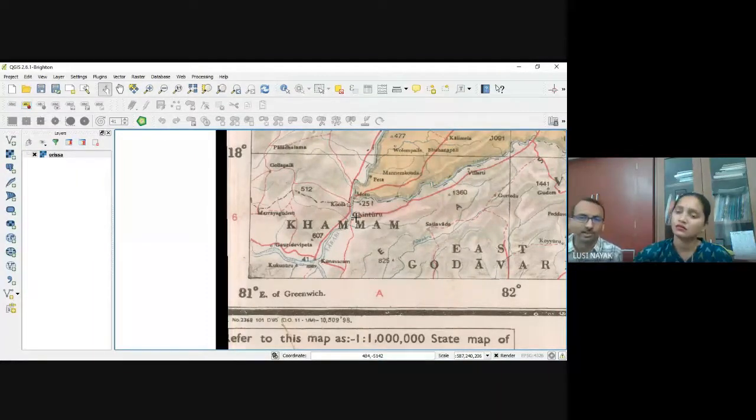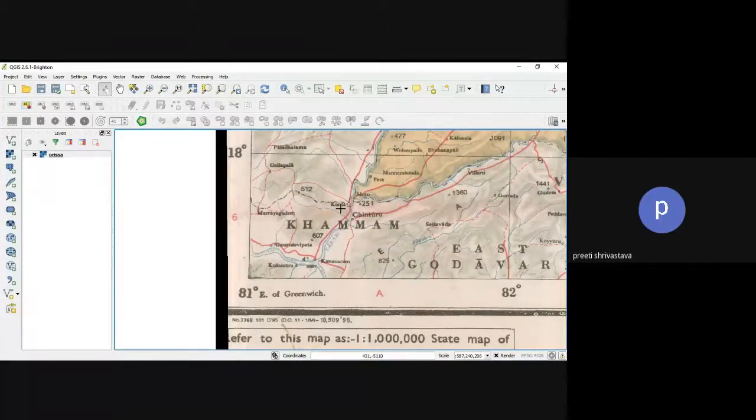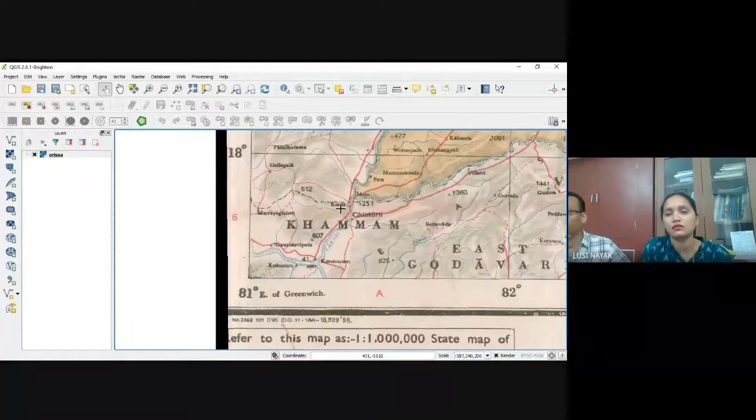And as he has put the cursor, you see the location of the cursor. Sir, we are still not able to upload the image itself. You will have to calculate the longitude. But find some such location for which the latitude longitude is clearly visible. Like this is the latitude, this is the longitude, and the intersection point is this. So for this point, you know both the latitude and longitude. The longitude is 82 degree and the latitude is 18 degree. So once it is georeferenced, if we put the cursor over here, the exact value 82 and 18 will come.